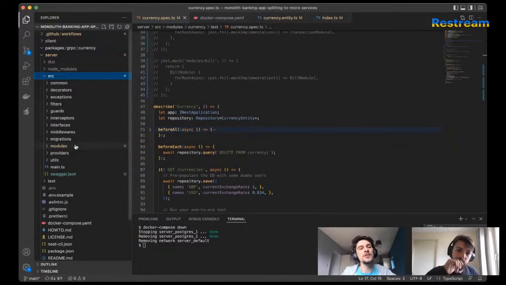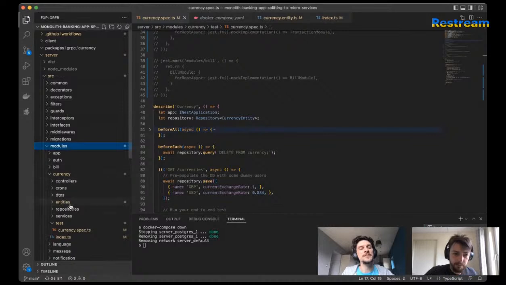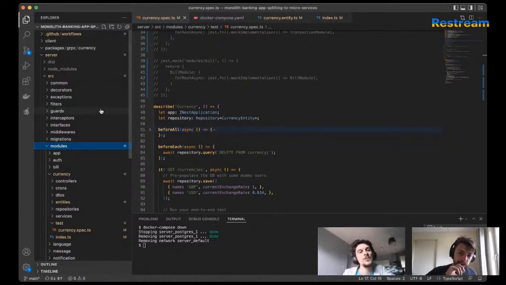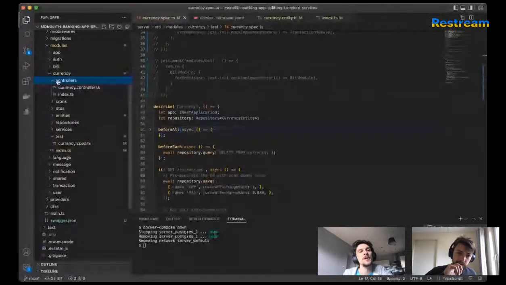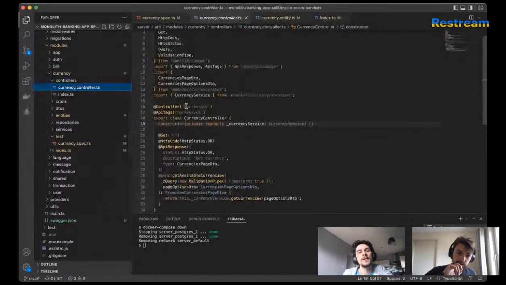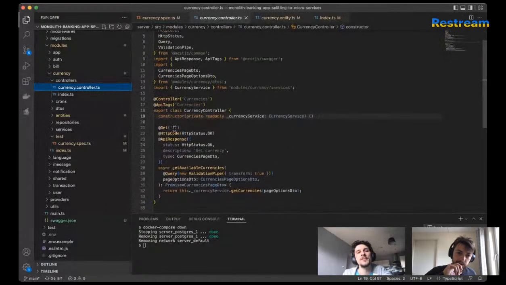We also have a module called currency, right? So our goal is basically to move this module completely here. But by that, I mean move the functionality of this module into the gRPC currency service, so we can use this functionality. But this currency module also provides controllers, and the controllers are a part of describing our REST API.